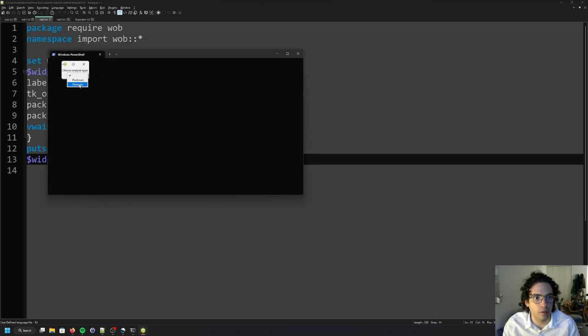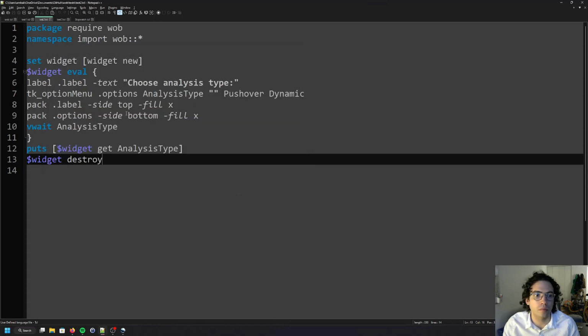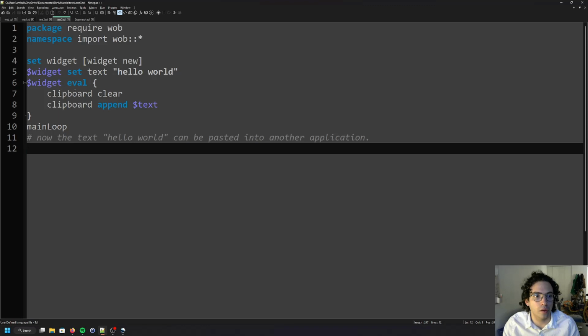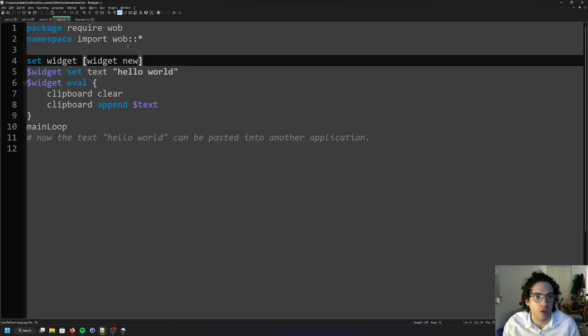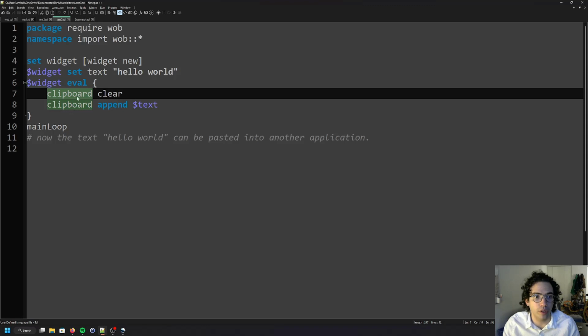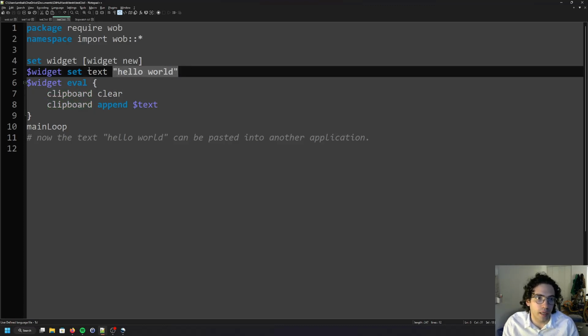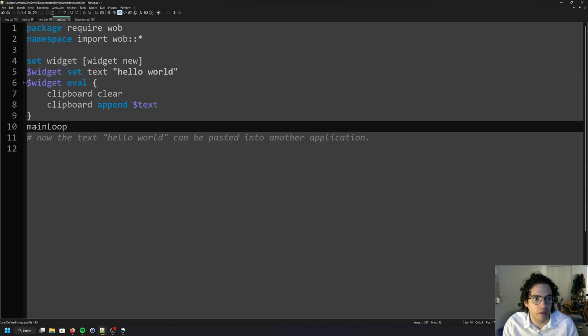And it'll do the same thing. So, third simple test here. This is just showing how you can use the tk clipboard command to access your operating system's clipboard. So here I can set a variable within the widget to the value hello world, and then I can append the clipboard with the value of that variable, and then finally enter an event loop, and then I can paste hello world into any application. So if I run this here,